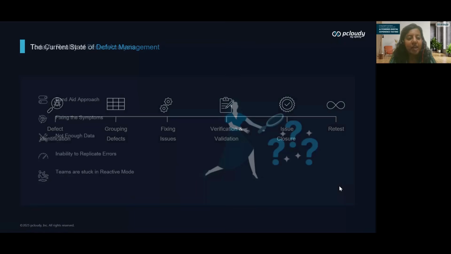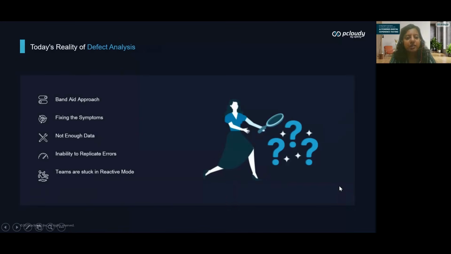But what are the kind of realities that we see with defect analysis, right? Firstly, we see a band-aid approach, right? Though the process looks seamless, the reality is very different, and there are a lot of challenges, right? Defect fixes end up being quick patches rather than long-term solutions, and teams are focusing on making the error or the symptom disappear without addressing the root cause. And like I said, by fixing the symptoms, the deeper problem often goes undetected,